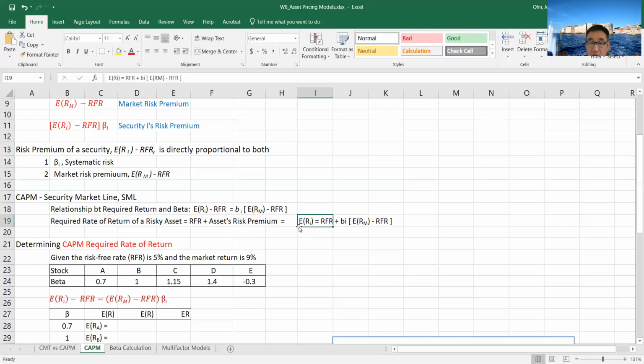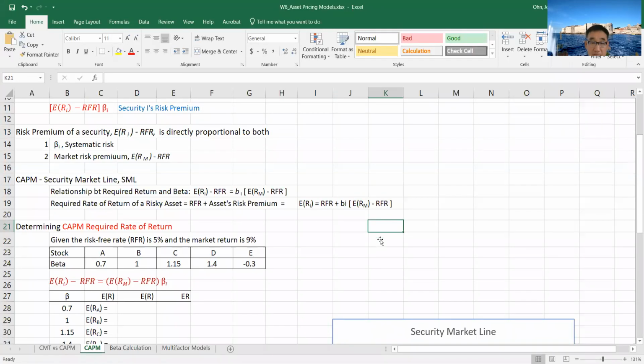So the required rate of return, the CAPM return of a stock, is the sum of the risk-free rate of return plus beta times this, the market premium. So this CAPM equation is used to determine or calculate a stock's required rate of return. Right? All right, let's use that